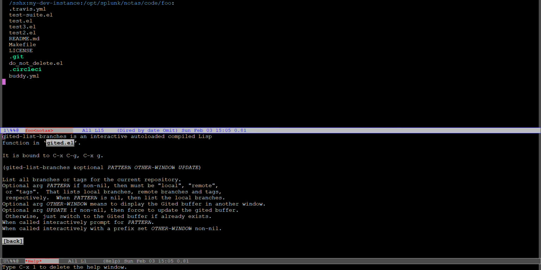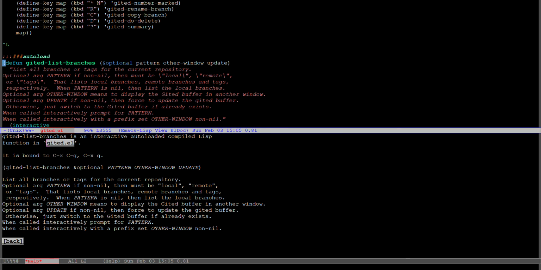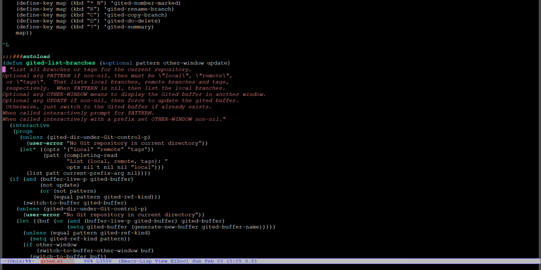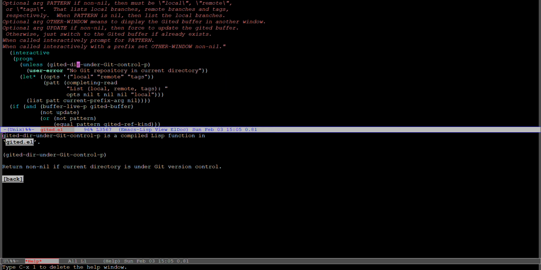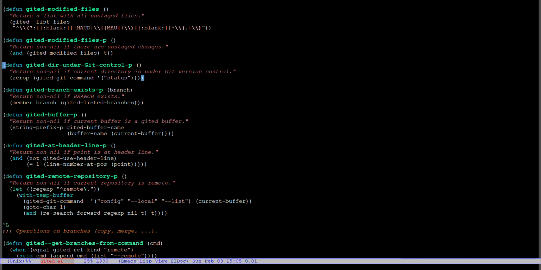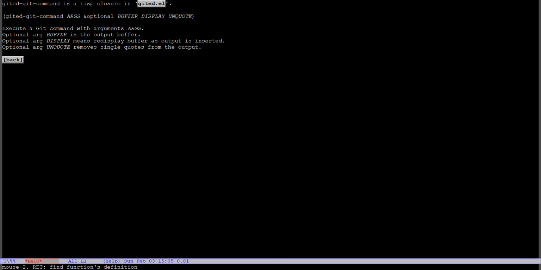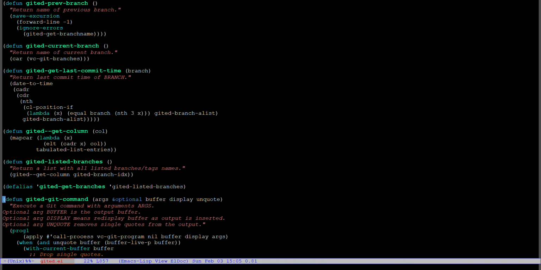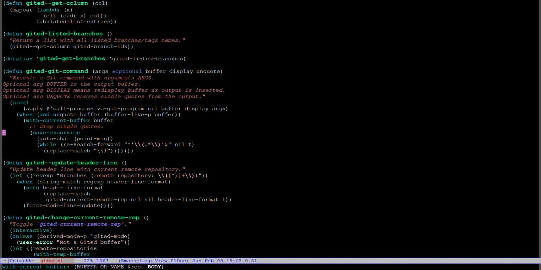Why did this fail? We can see the source code, and we know that this test is not passing. So we get this error message, and we need to see what happened with this function. This function is very simple. It's calling just one convenience function, git command. So we see what this function is doing, and this function is a wrapper around call-process, right? At the end, call-process, that's the key.